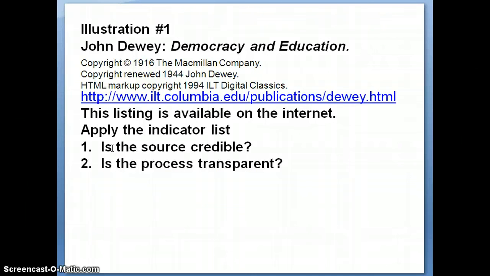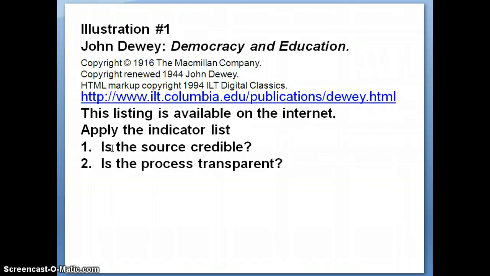Let me go through 2 illustrations. This is a primary source, and here's how I located this. I took the name John Dewey. I know from my readings in pragmatism that he is a frequently cited source of information in this school of thought. His name comes up frequently in writings as a major contributor, so I went to the internet. I did some looking, I found his name, and